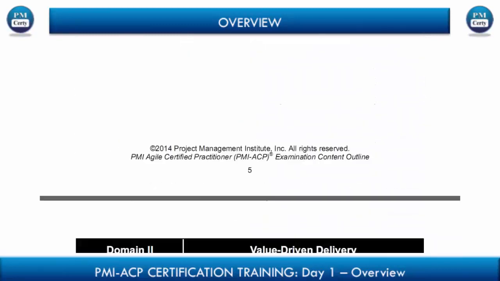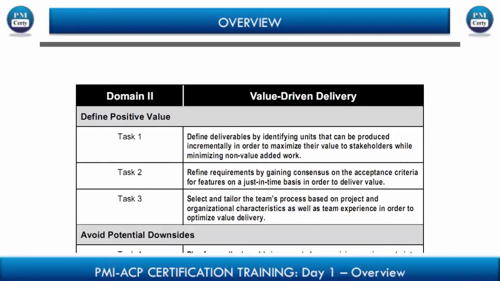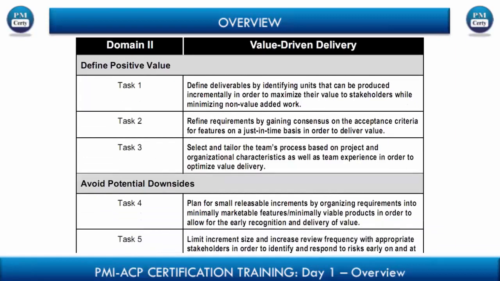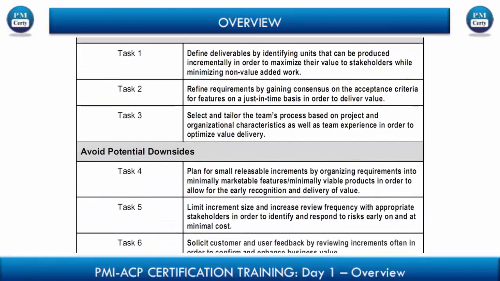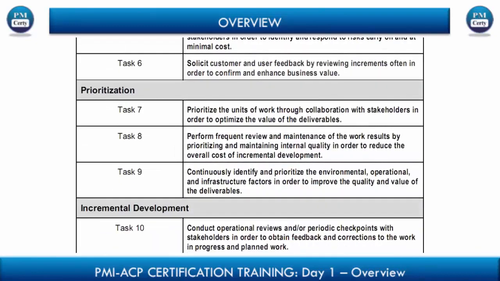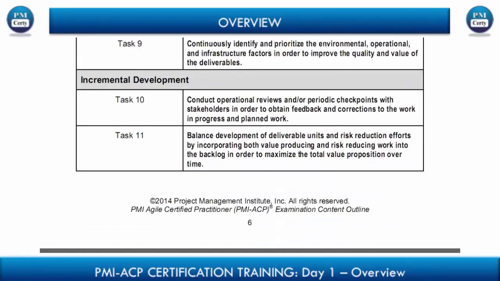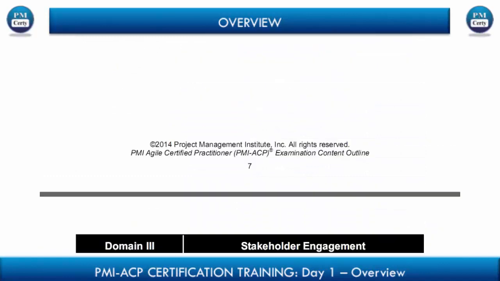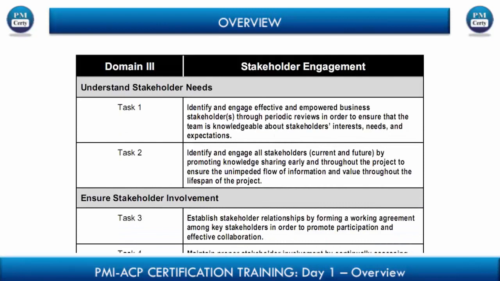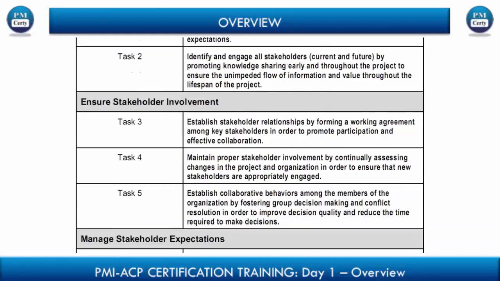Okay, so we then go on to value-driven delivery, which again here is broken into what they call sub-domains. The first is positive value, where it has these 3 tasks. How to avoid downsides during the project, again 3 tasks. How to prioritize an important piece, 3 tasks, and how to do incremental development. Then we go on to stakeholder engagement, which should include your team, include your customers, include anybody as part of your value chain essentially. And then the stakeholder involvement,